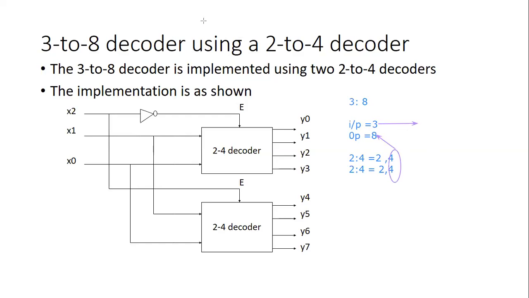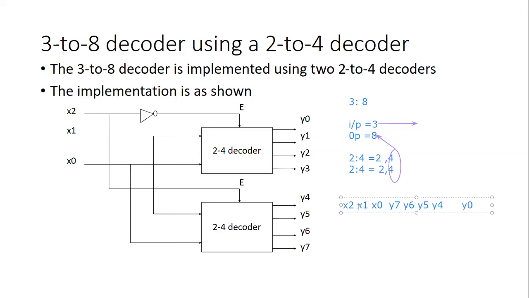Now if you write the truth table for the 3:8 decoder, let me write the truth table as x2, x1 and x0 will be the input for the 3:8 decoder. What is the output, for just a generalized statement I'm taking? This will be y7, y6, y5, y4, y3, y2, y1 up to y0. It goes on like this. So 8 outputs we have got using this statement.